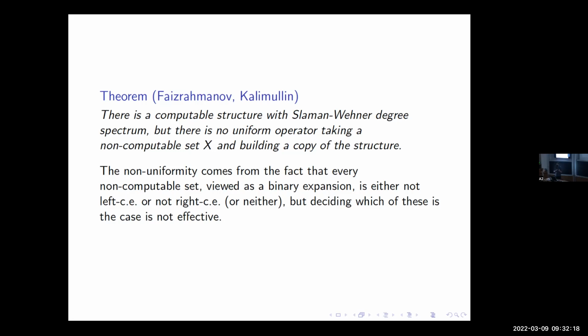Because it's not a computable set, it's not going to be a computable real number. So it's not going to be left C or right C, one of the two. But it might not be either, right? It might be neither left C nor right C, but definitely one of the two it's not going to be. If it's not left C, there's one procedure that they use, and if it's not right C, there's another procedure that they use. But you can't tell which side you should be in. So no matter what, one of those works, but you never know which procedure is going to work.